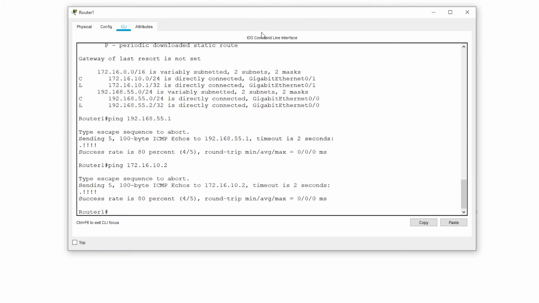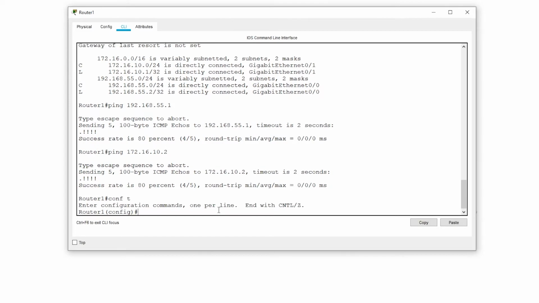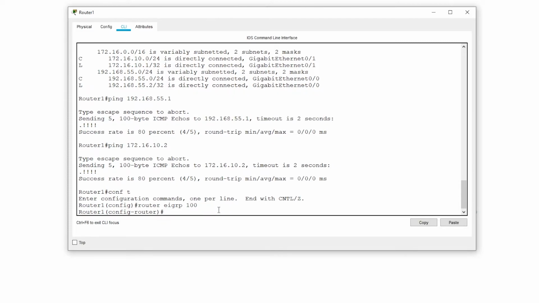Router 1, we're going to do pretty much the same thing. Conf t, router EIGRP 100. Network 192.168.55.0.